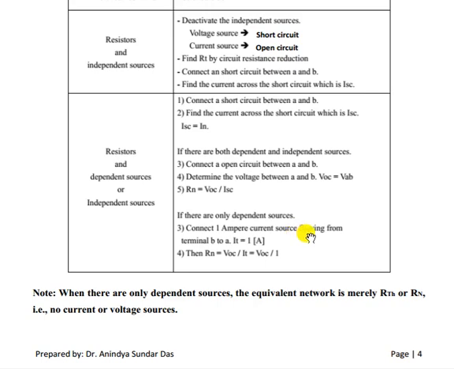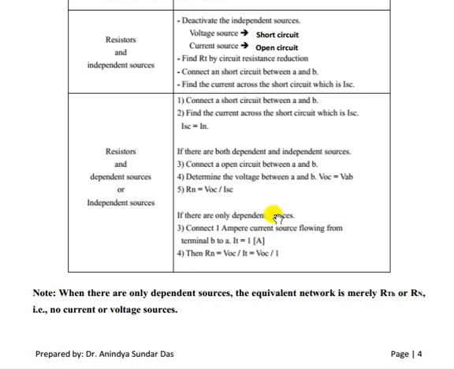Then what is the significance of the circuit? If we have only a dependent source in a circuit with a resistor network, then we can find VT directly, and it will always be equal to 0, because there is no independent source. Now to find RTH, we connect a voltage source and find the current. Then RTH equals that voltage source value, say 1 volt, divided by that current value. Or connect a 1 ampere current source and find the voltage drop across it. Then RTH will be equal to that V divided by 1 ampere.